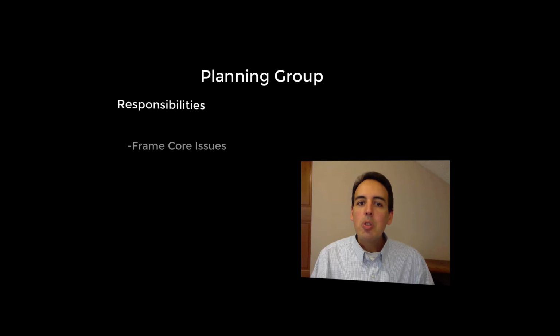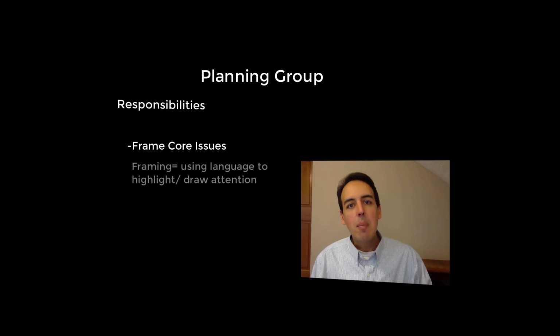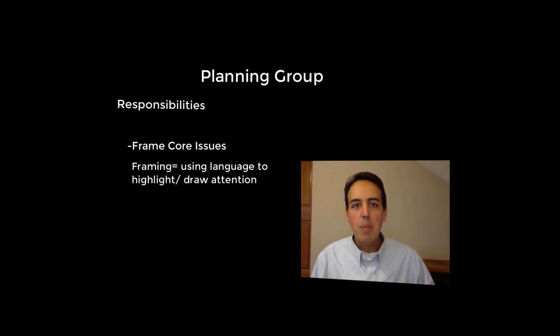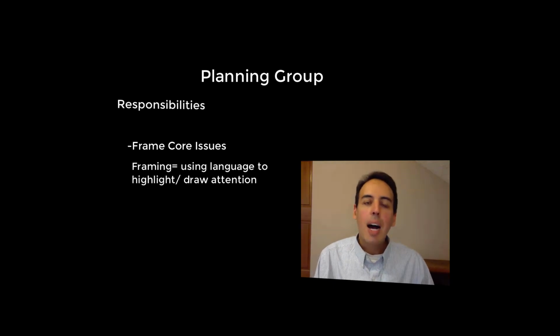First, the group is responsible for framing the overarching question. Framing is about using language in a way that highlights some elements and backgrounds other elements. In conflict management, we often talk about framing as a key strategic activity in which people highlight their interpretation of the issue. It is absolutely vital at this formative stage to resist the temptation to skew the conversation in a particular way by framing the overarching question to align with certain interests.